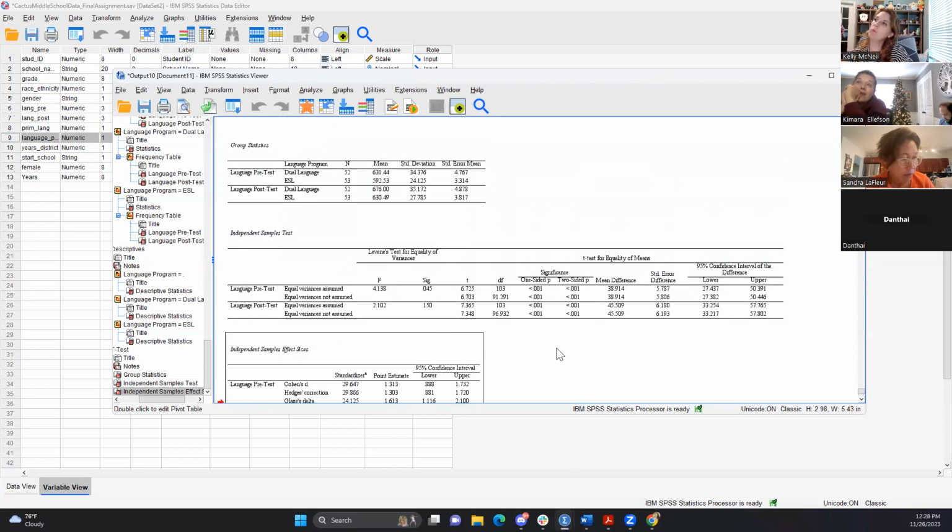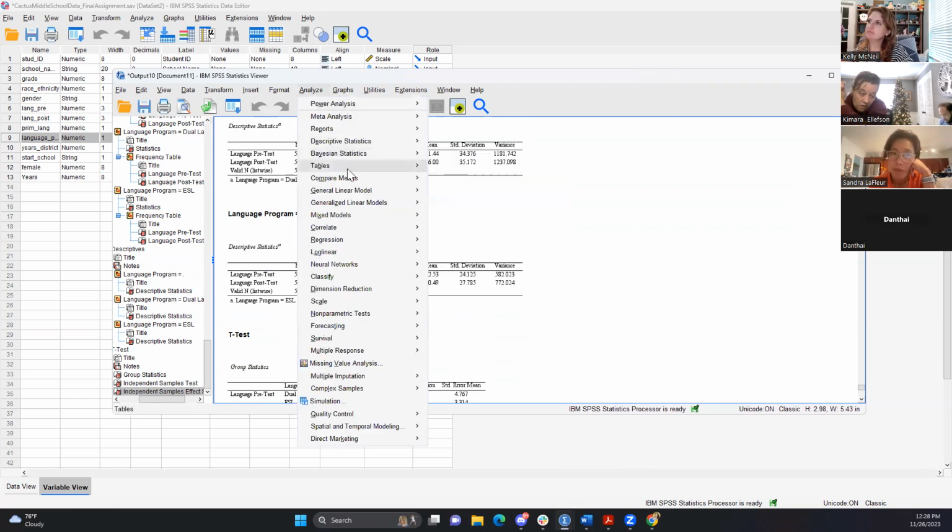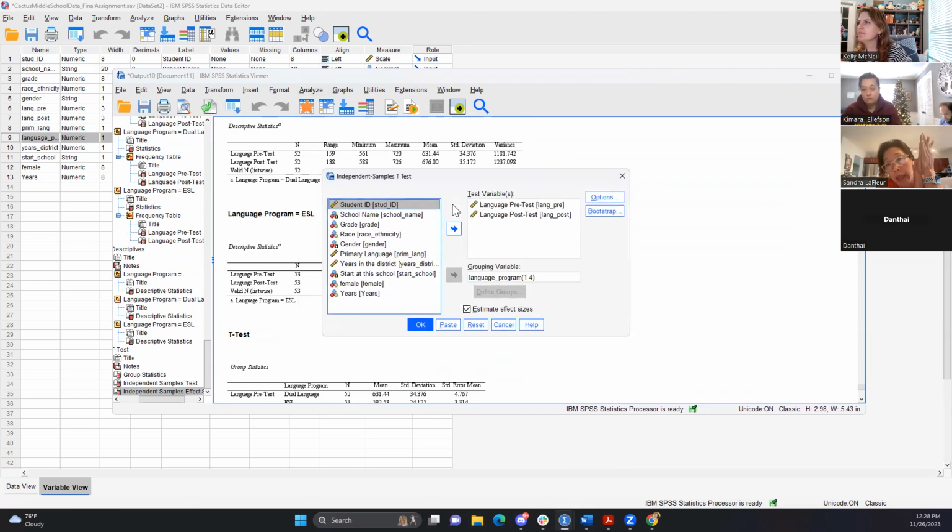So let me ask you this, could we have run a t-test on gender here as well, if you wanted to see how males and females performed? Yeah, let's do that one. And you would do it on all students out of the 800, or do you want to split it? If you just want to say, do boys and girls do better, you could do it either way, I suppose. You could do one that's just do boys and girls do better. And then you could do the impact of these programs on boys and girls. Is there a difference?